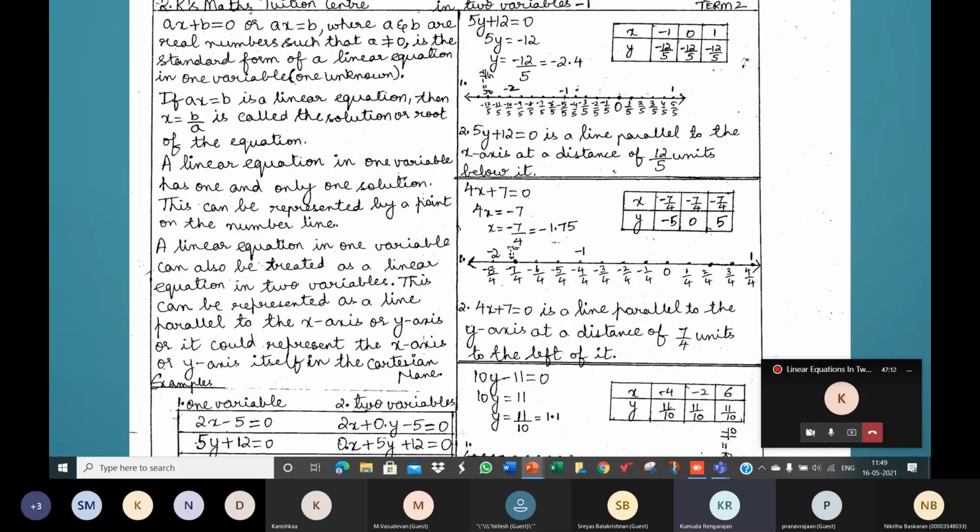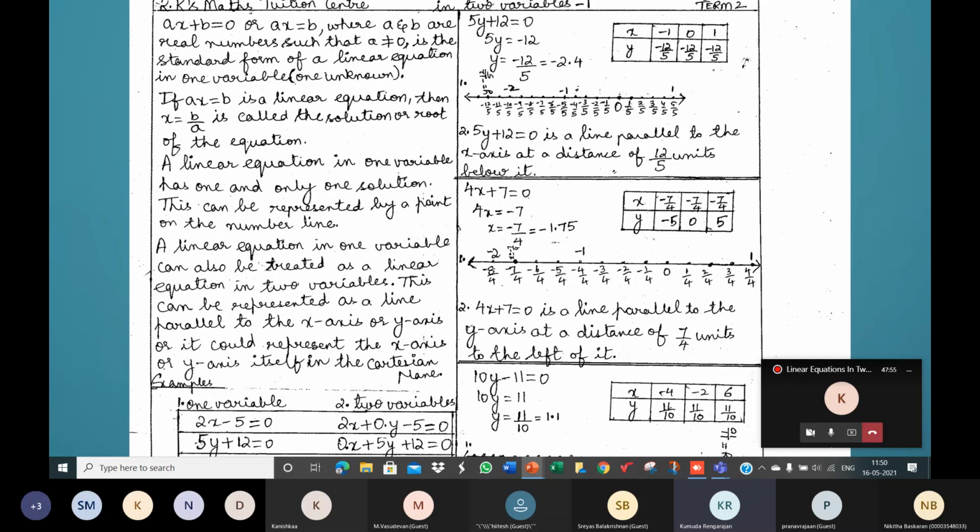The equation is satisfied only when x is equal to minus 2. You may have a book and a pen with you, children. Whatever you hear, if you can write the equation and see it in your book, you may understand better. I said x plus 2 is equal to 0. On solving, we get x is equal to minus 2. Now, minus 2 is a solution to this equation x plus 2 is equal to 0. Why? Because minus 2 is the only value that satisfies the equation.